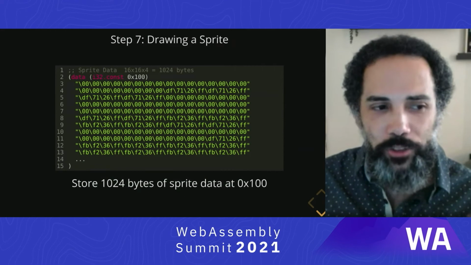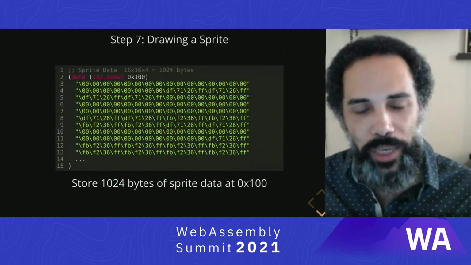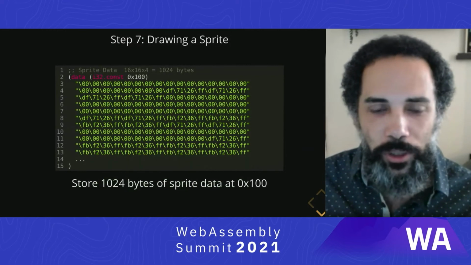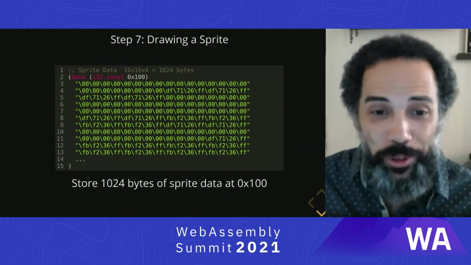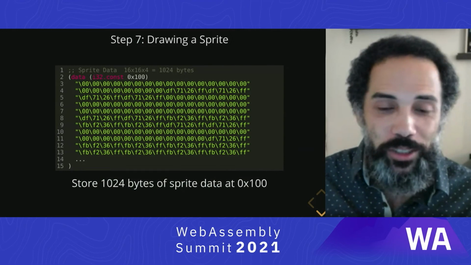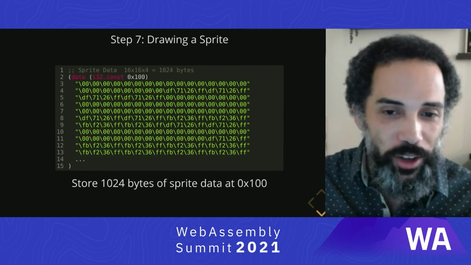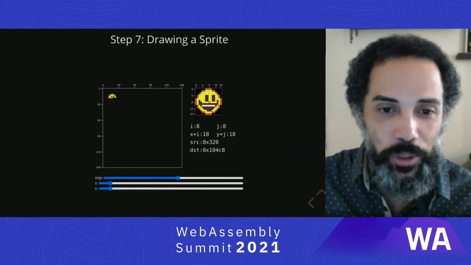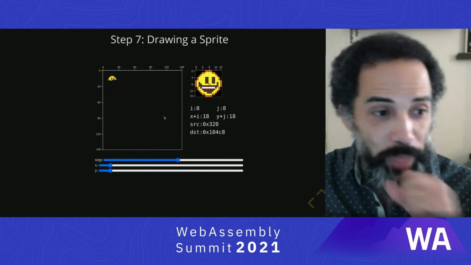And then finally, we actually have to include our sprite data. You might think we would load a PNG or load a GIF or something like that, but actually instead what I want to do here is embed the data directly into the WASM. Remember, we're trying to do as much in WASM as possible. So you can see that I'm just including the raw data here. It's a little hard to understand, but if you look really closely, you might be able to see the picture that we're loading here. So here's a little figure that shows exactly how that might work.